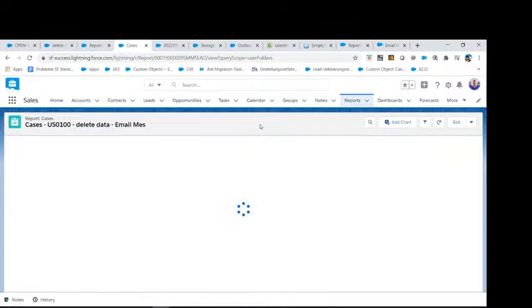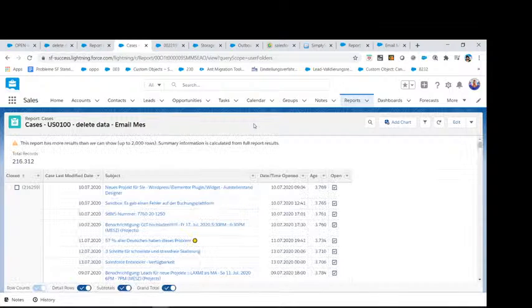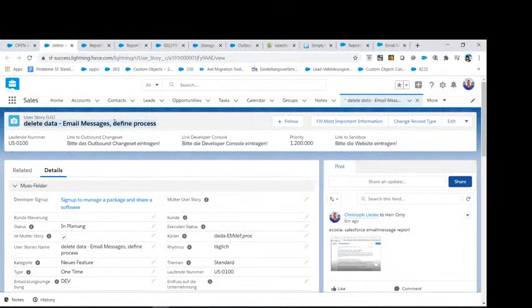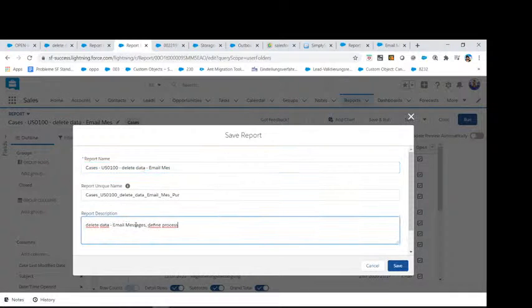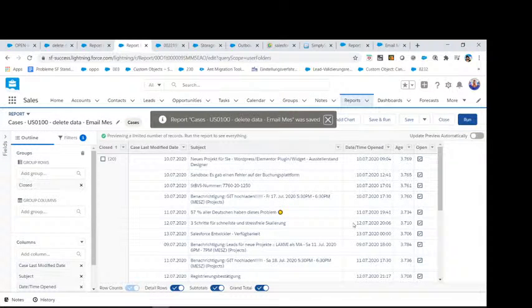Let's run this one. Okay. As you can see, the report hasn't been saved properly, so I just changed the properties and put in the description correctly,